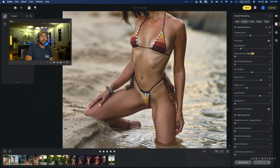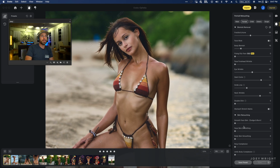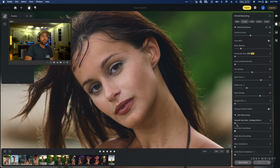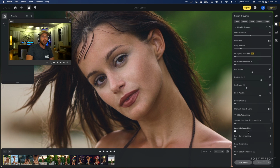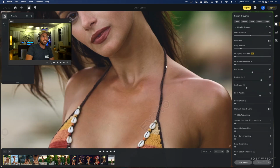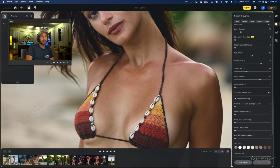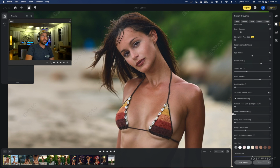Okay, skin retouching. So let's do something here real quick. Smooth face skin, and let's play with this. Dodge and burn. See, that's starting to get too perfect for me, but I could see for certain instances that might be nice. Face skin smoothing, not my style. Body skin smoothing, again, that goes more into the realm of frequency separation, not my style. Rosy complexion, you can just...